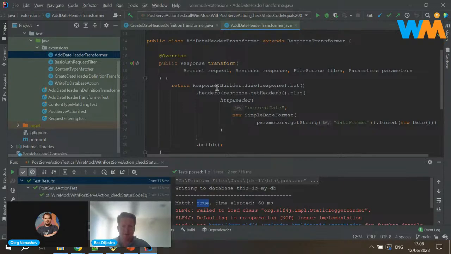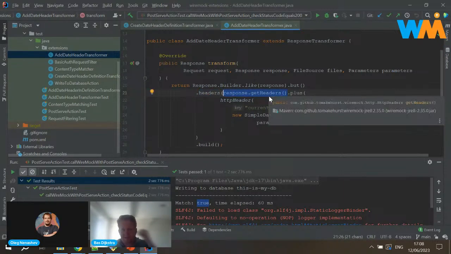So in this case, I use the response that's being rendered by WireMock, but the headers, the actual set of headers that WireMock will return, is the original set of headers.